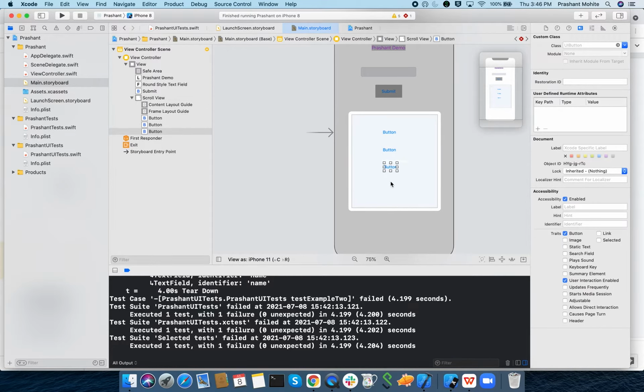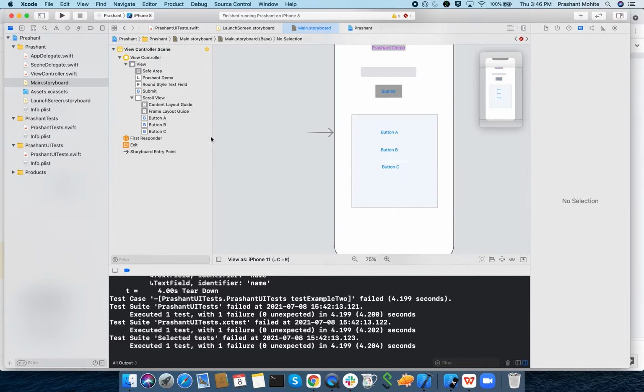Don't go with the design, I'm just explaining, that's why I'm not doing the perfect design. But let's see, this is button A, this is button B, and this is button C, inside one scroll view. Let me put an identifier A for this button, B for this button, and C for this one. So these three buttons are there.